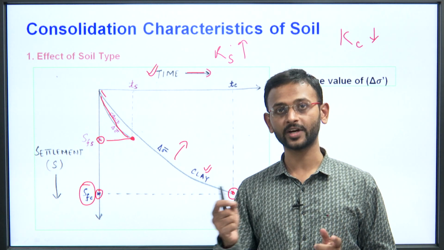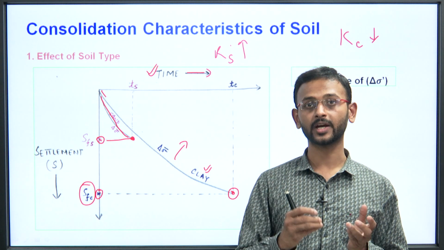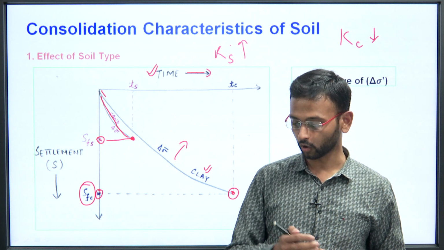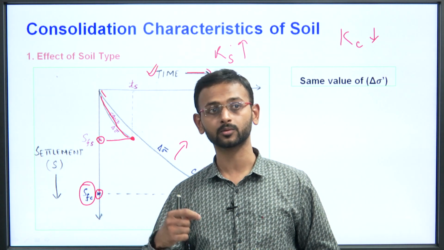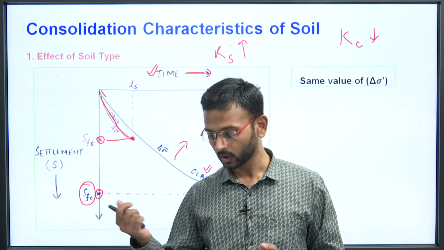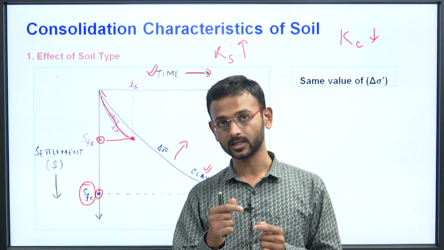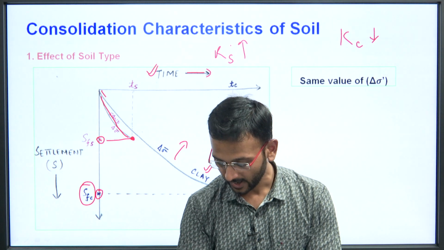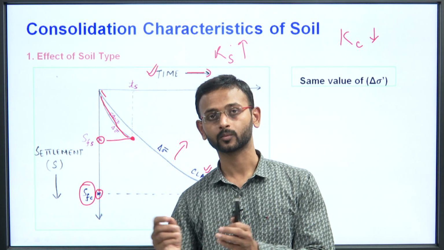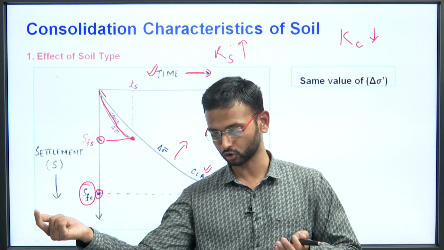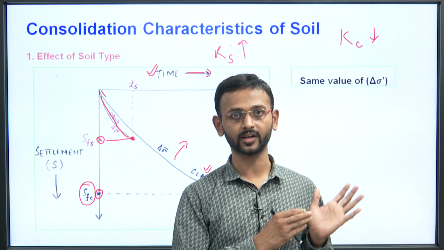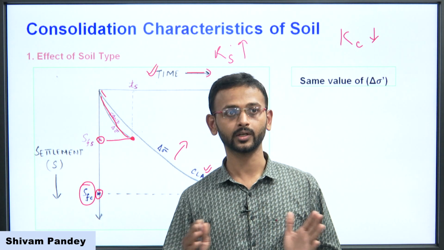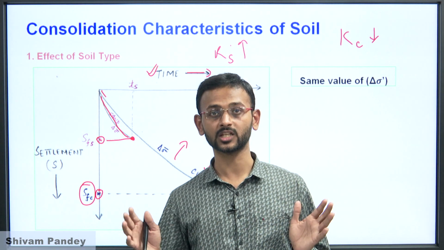So what happens? The volume of voids is more, meaning the volume of water present in there is more, so the volume of water that is being expelled out will also be more, but the permeability of the clay is less. So the rate of settlement will also be less. Water has a slow movement because permeability is less, so water will be moving out slowly, and so the flatter trajectory is observed here. But over a long time, there will be a large amount of settlement.